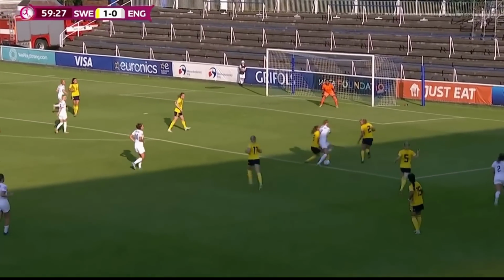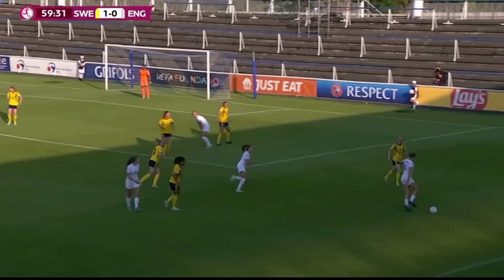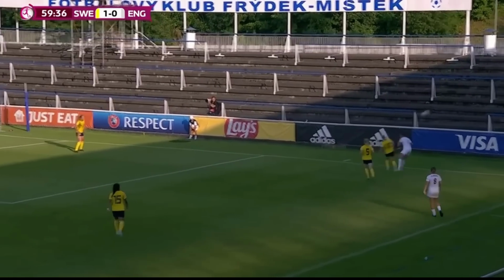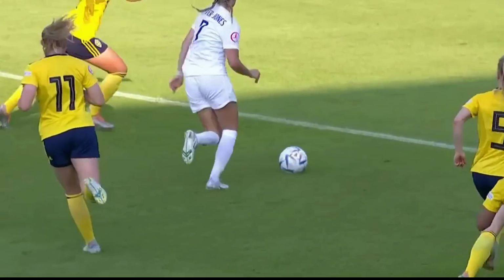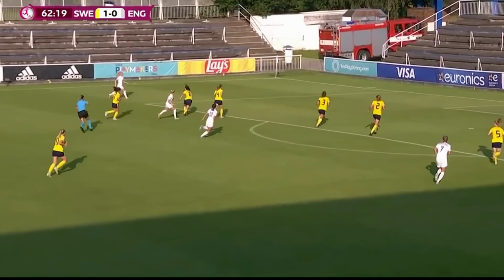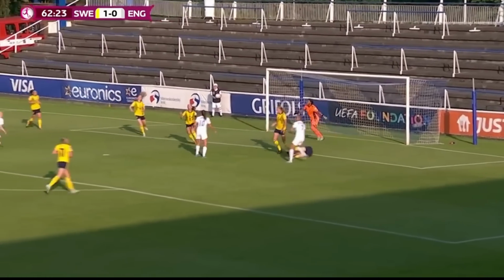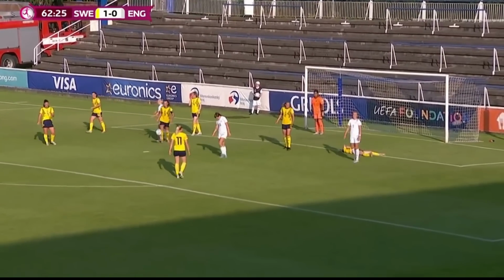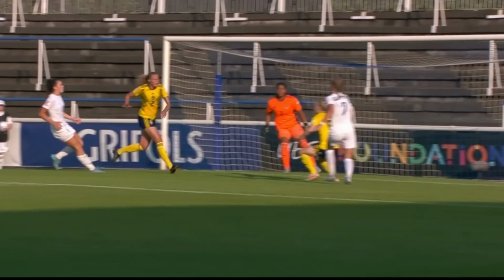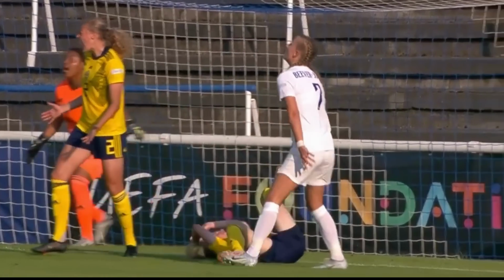Beaver Jones, good challenge again though by Persson. Simmons, though, nipping in to win it back. England have maybe lacked that tenacity in certain areas. Fox. Beaver Jones there. Look at Blinkilde continuing. Here is Gregory. Needs to be a good cross. Beaver Jones arriving. And the free kick's given for her challenge. It was a good ball in. Beaver Jones, in the end, winning the header above Sandberg, but